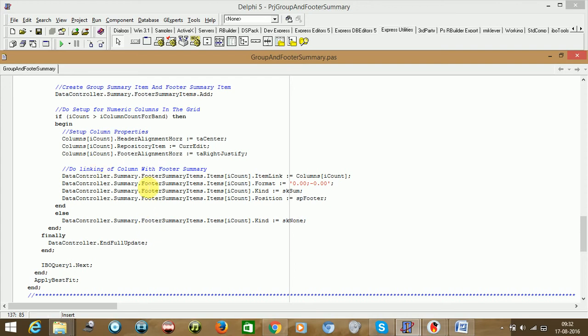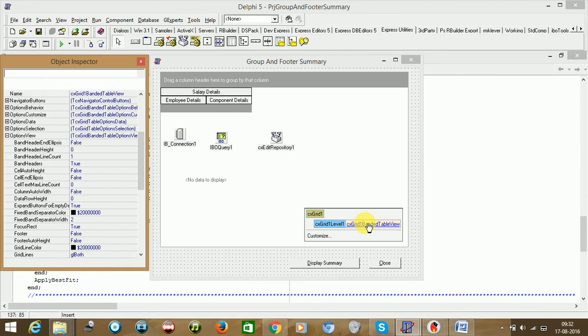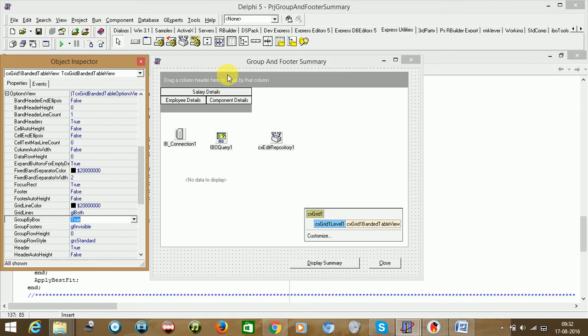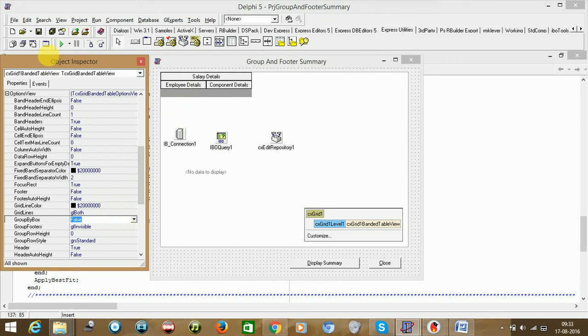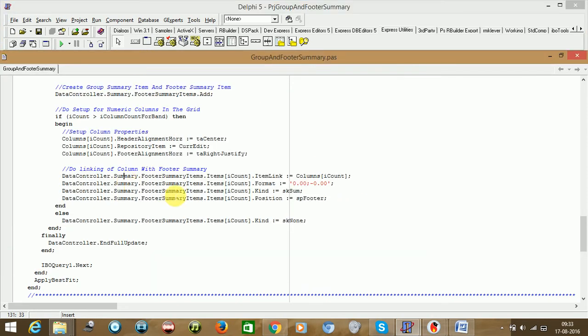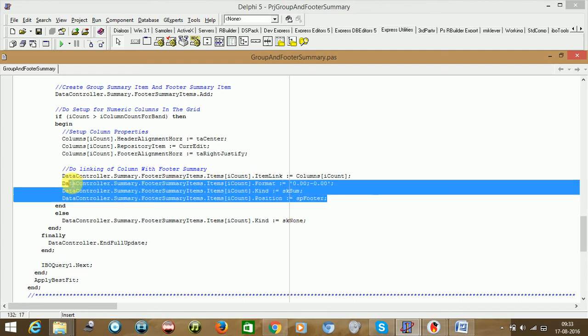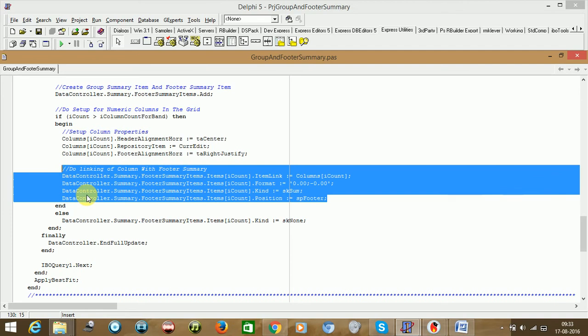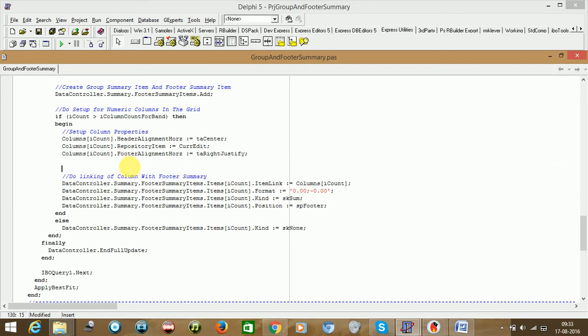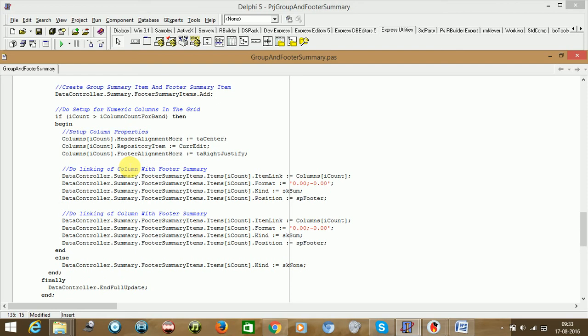That's it. Now the group by box, click here, come here, and the group by box property, you see here, because you can drag and drop any column or I think band, I'm not sure, but I think you can also do it. Just make it false, because group we are doing dynamically here. Now as we have done for the footer summary, the same for the group also, group summary. So you just need to copy everything and put it in the beginning, doesn't matter before or after, but do linking column with the group summary.